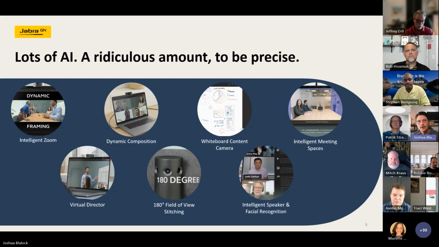We're going to cover 7 different areas of AI that are on board this thing. The 180-degree field of view is where we'll start. Intelligent zoom is another mode we're going to talk about. From there, we'll transition to virtual director and dynamic composition. And all 4 of those, Rob is going to demo for us. And then Rob gets off the train of demoing at that point, and we're going to talk about whiteboard content